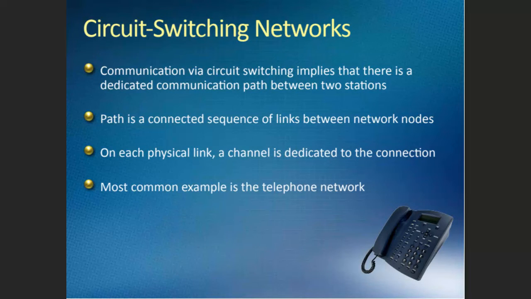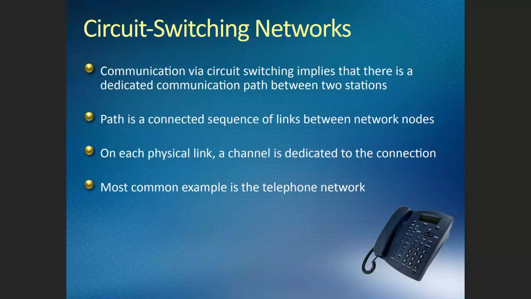So, alhamdulillah, for circuit switching network, communication via circuit switching means that there is a dedicated communication path between two stations. Remember how before, sometimes you can see it in the old movies, when someone wants to call another person, they will see that the operator will take a button and then connect. That's because of circuit switching. And if the line is used by that person, nobody else can use it. So this is the meaning of